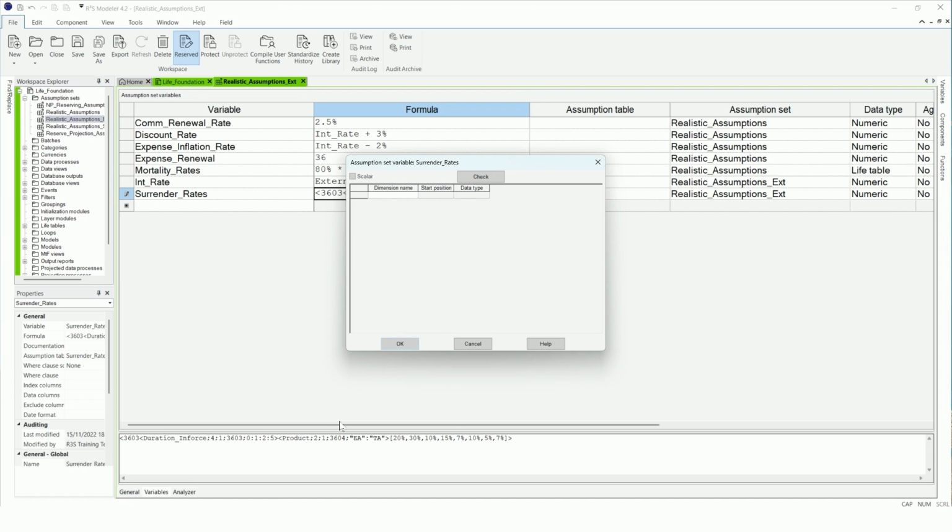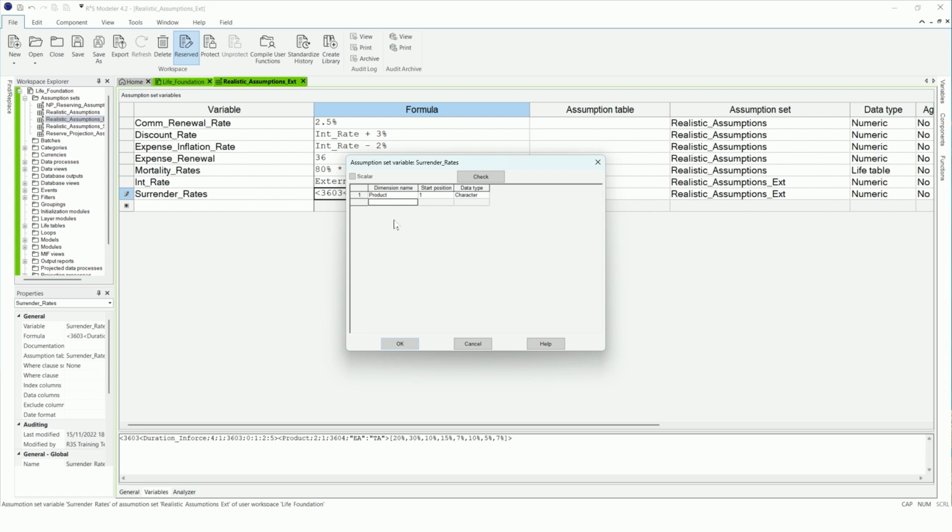When specifying an array, we need to define the dimension name, the start position, and the data type for each dimension. Set them as follows. Dimension number 1, product. Start position 1. Data type, character.